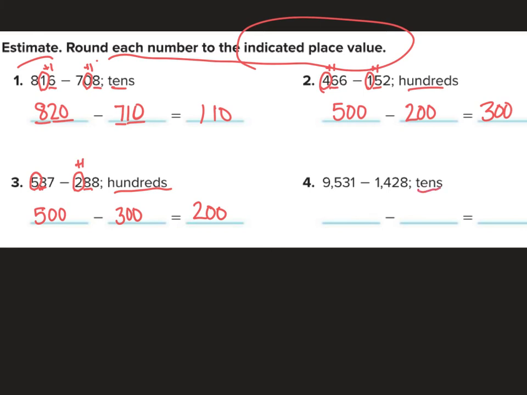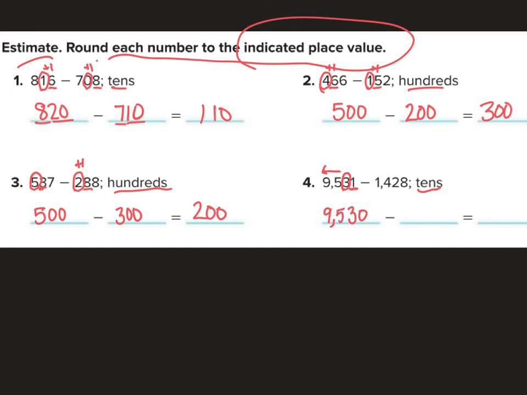All right, I do want to do this one because this one's a little bit trickier. The tens place, but our numbers go all the way up to the thousands place. So let's look at what that would look like. Circle the digit in the tens place, underline the ones place. The 1 tells the 3 to stay the same. And all the digits this way stay the same. So we'd get